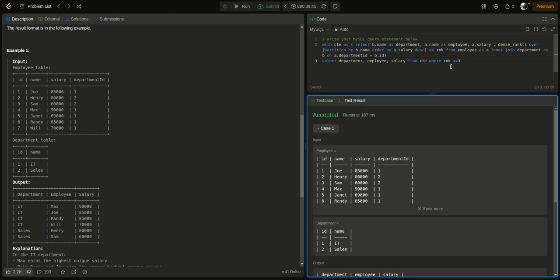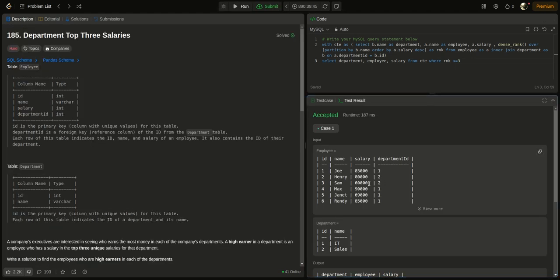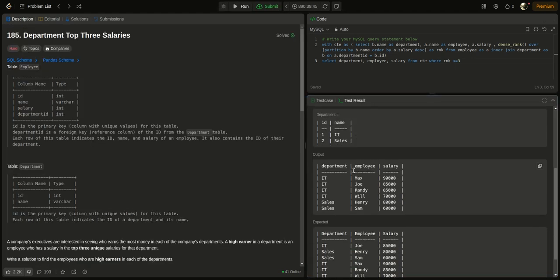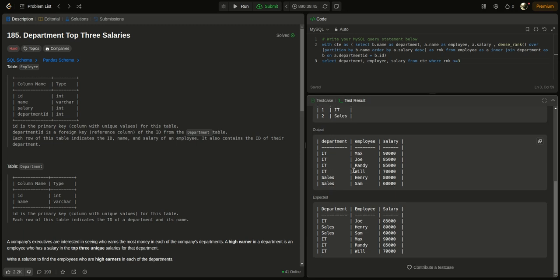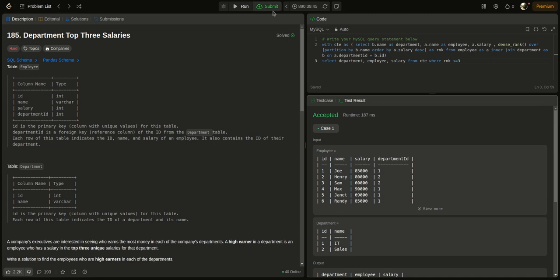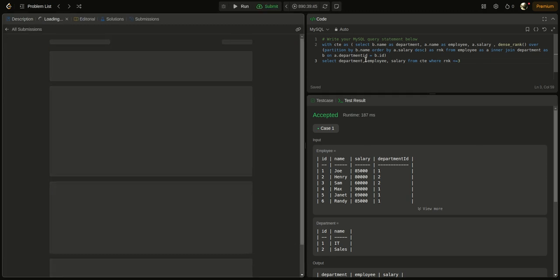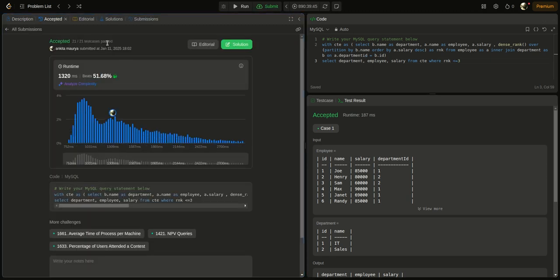Yeah, it is accepted, so our output and expected output both match. There is no issue. We can submit this query. Let's see. Yeah, every test case passed, 21 out of 21, and it took 1320 milliseconds.